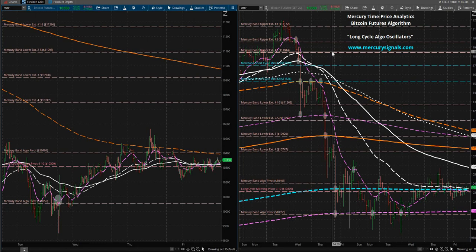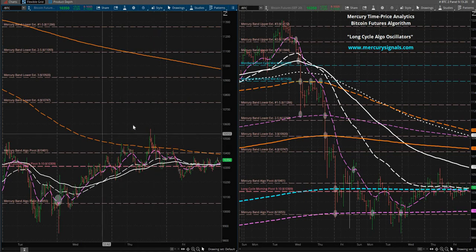Now, every system that we have is designed to work together. So you're not seeing information on one chart that's going to be in conflict with the other chart. So here we have the long cycle oscillators. Here we have the day trade oscillators. Now, on the day trade side, you've got two orange oscillators, which are the primary trend. And then you've got two white oscillators, which are the faster moving algorithms for folks that want to trade more